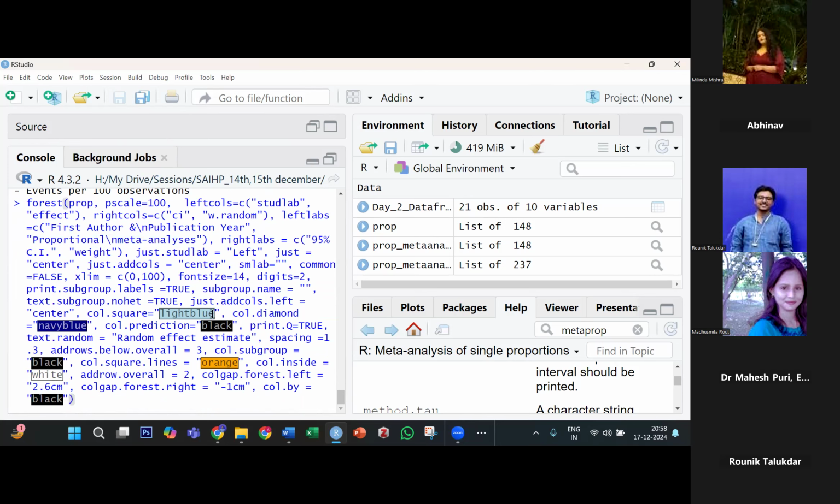ये सब जो कलर्स वगैरह हैं, ये कोई भी कलर डाल सकते हो। जितना तुमको मर्जी पसंद हो वो कलर लिख सकते हो। एंड इट विल ऑटोमेटिकली, इफ इट रिकॉग्नाइजेस द कलर, इट विल ऑटोमेटिकली टर्न दैट कलर। और एक चीज जो कर सकते हो, वो मैं भूल गया, छोड़ो। तो चलो इसको एंटर मार देते हैं।